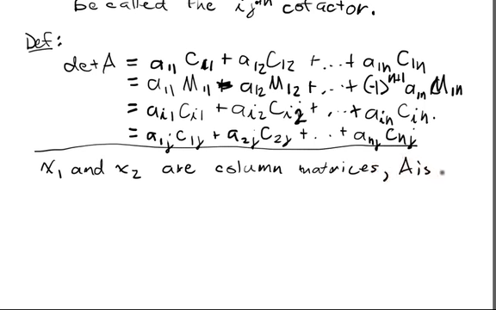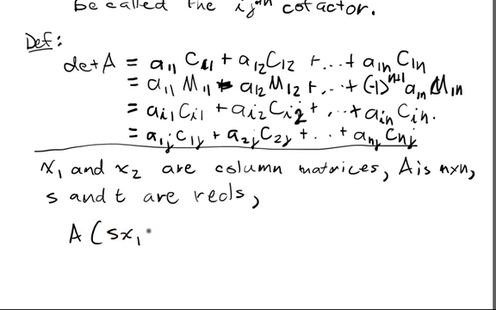A is an n by n matrix, and suppose S and T are real numbers. We have that A times (S x1 plus T x2), because of the distributive property and because I can commute out scalars, is going to be S times A x1 plus T times A x2. And whenever you see something like this, when you can get A into here, that means that A acts like